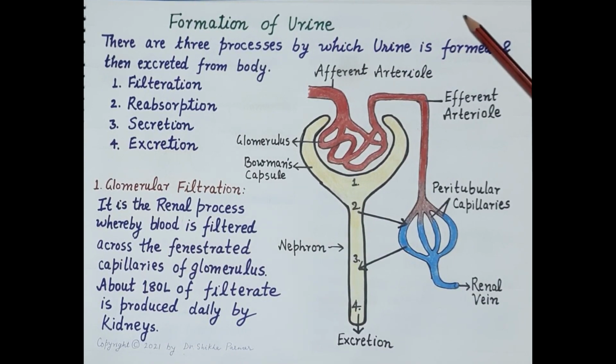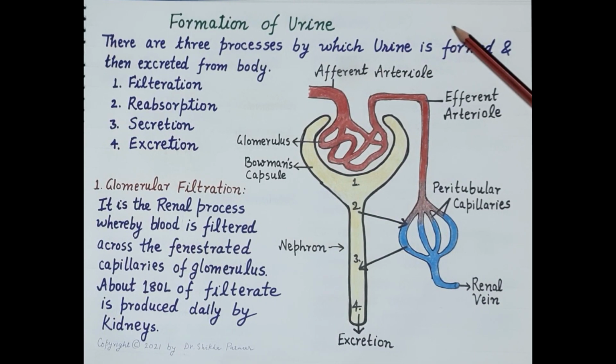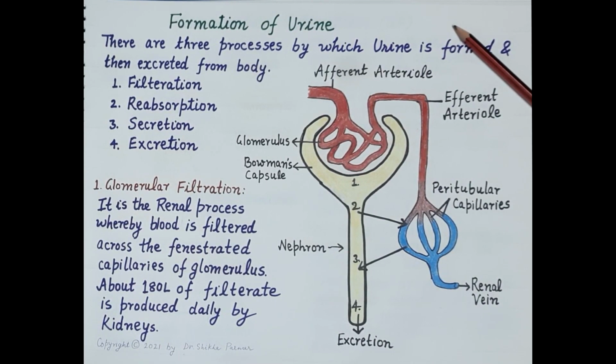Now, after discussing structure of the nephron, let's talk about the function of nephron. Now, basic function of nephron is to filter and purify the blood and remove the waste or toxic products of the body in the form of urine. Thus, the primary function of nephron is the formation of urine. And as we know, there are about 1 million nephrons in each kidney, and both of our kidneys produce about 1 to 1.5 liters of urine per day.